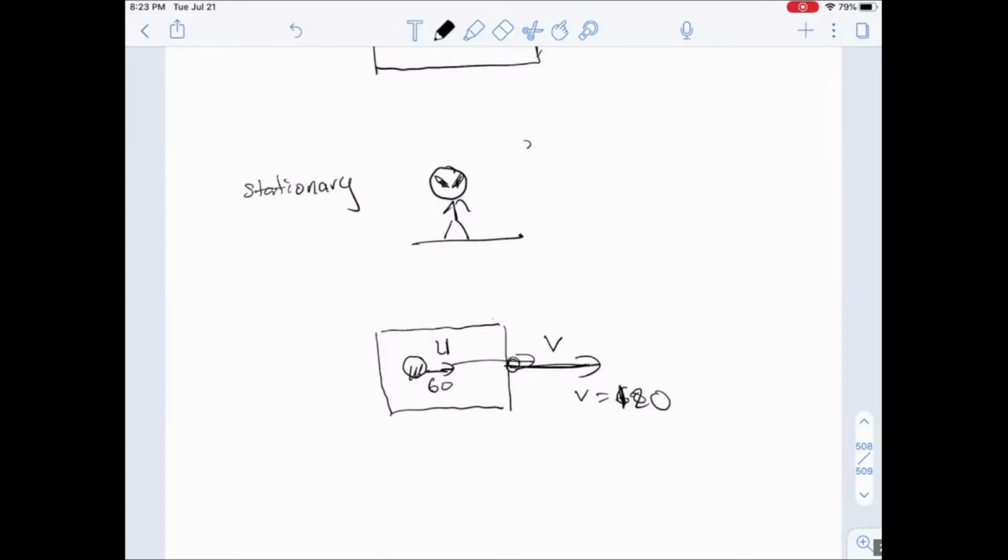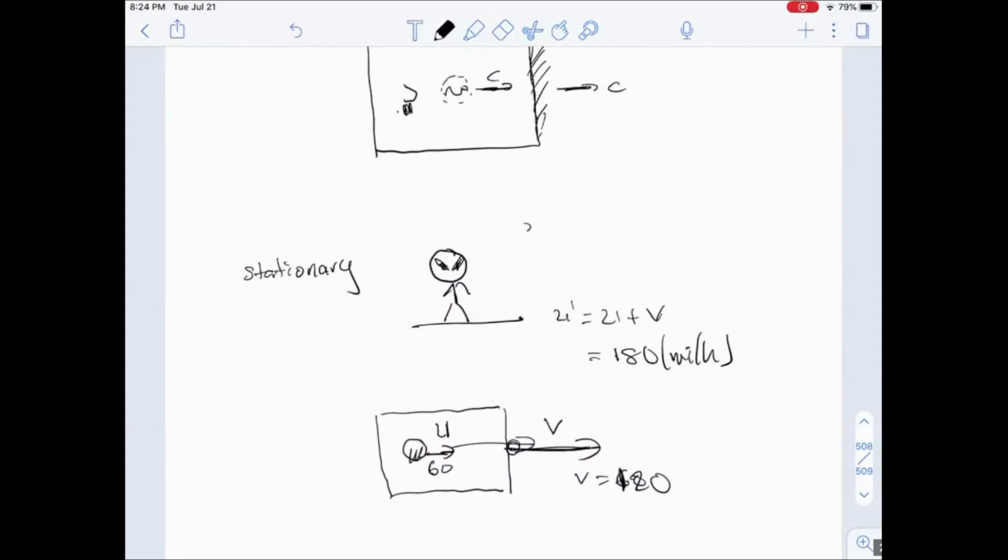So the question is, how fast is this ball moving with respect to the space alien inside this vehicle, which is traveling 120 miles per hour? All right, guys, so what is the speed of this ball with respect to the space alien? What do you do? 180. You end up adding up these speeds, right? All right, so give yourself 5 points for that one. So you end up adding up these speeds. So this is going to give you 180 miles per hour.